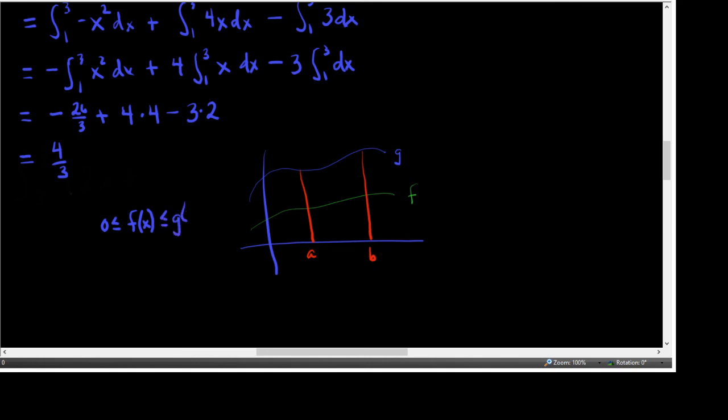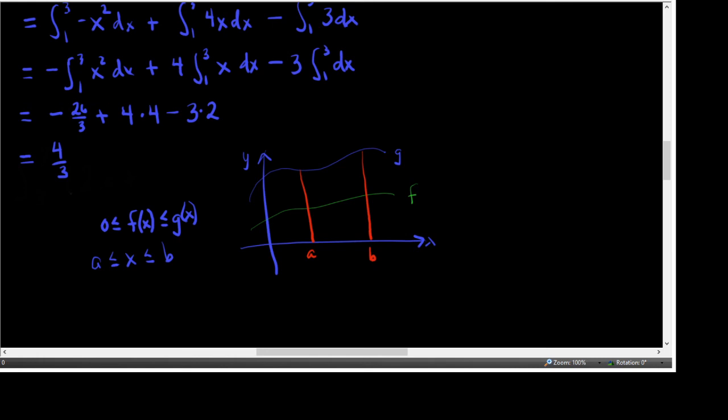So f of x is lower than g of x, and the x-axis is lower than f of x, is what that means. If all of that's true, and by the way, if a is less than or equal to all the x's, which is less than b, if those two statements are true, along with the continuity statement,